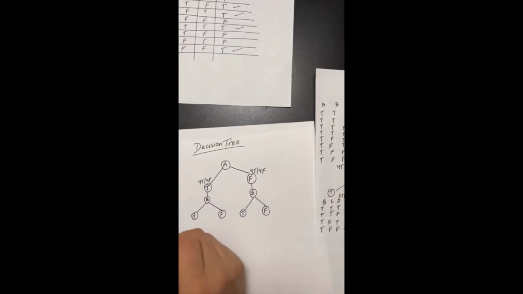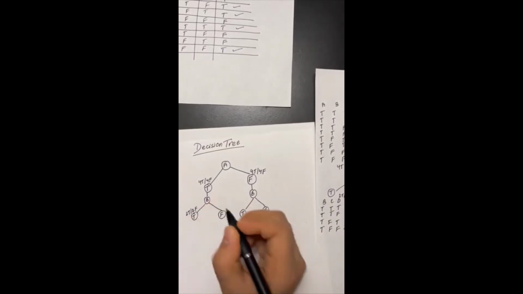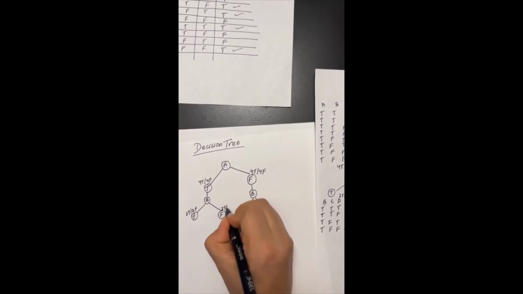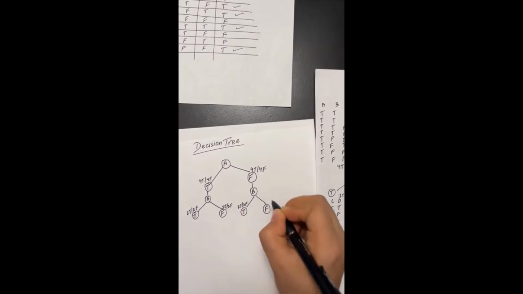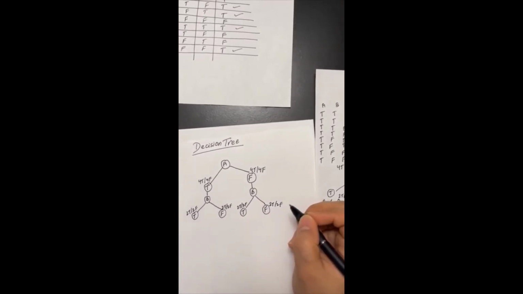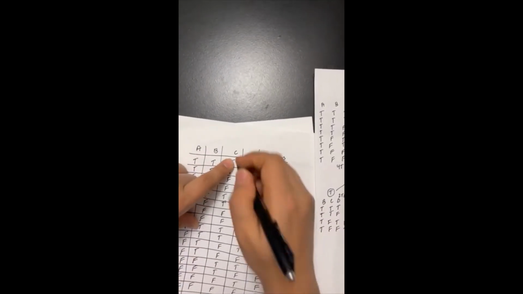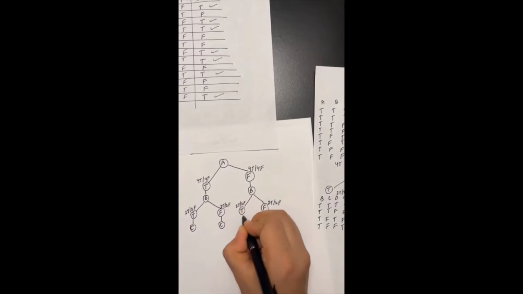So this has how many? Two trues and two falses, and this also has two trues and two falses. This two has two trues and two falses. This two has two trues and two falses. So it has to further go the division. For the division, now we have to get another attribute, which is the C attribute. Now it has to further divide into the C attribute. All this has to go through the C attribute,